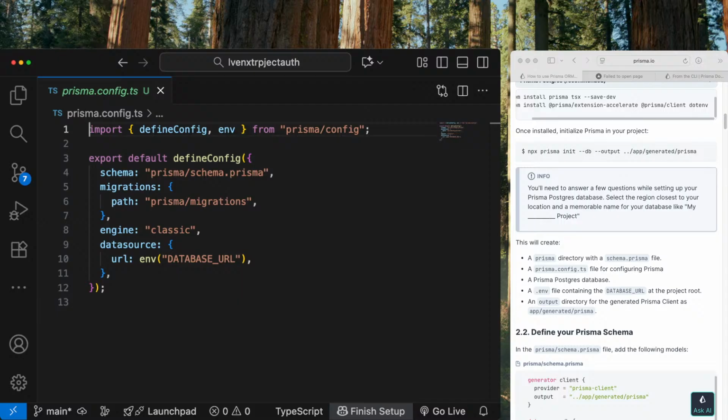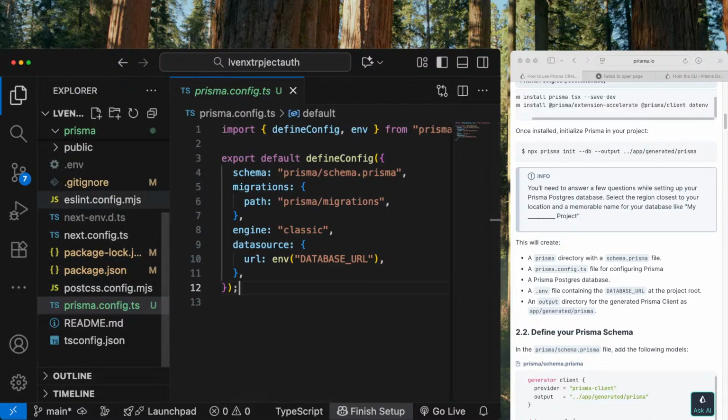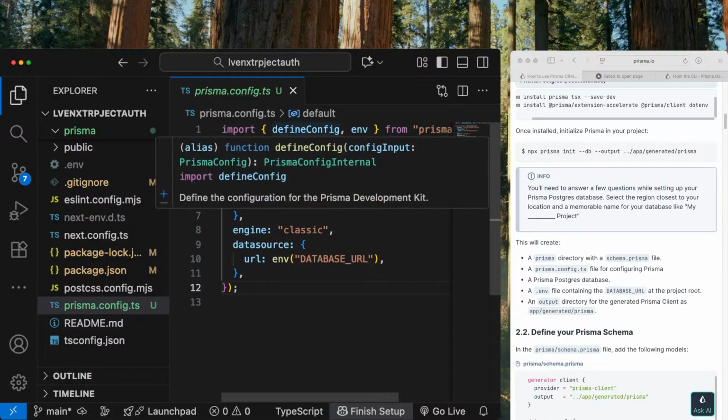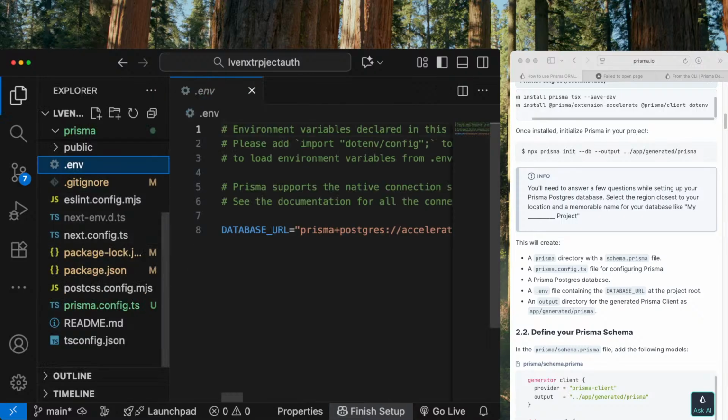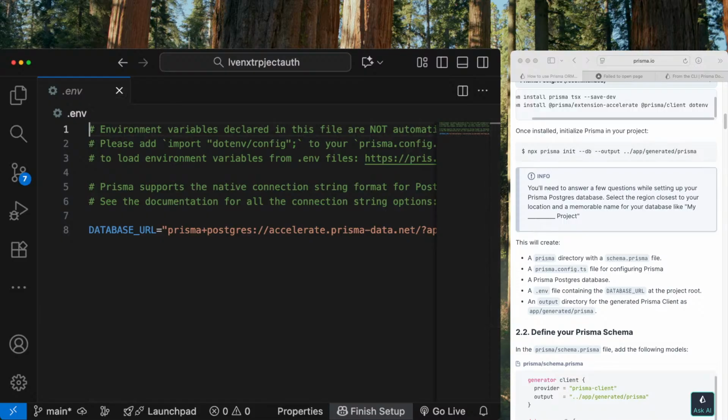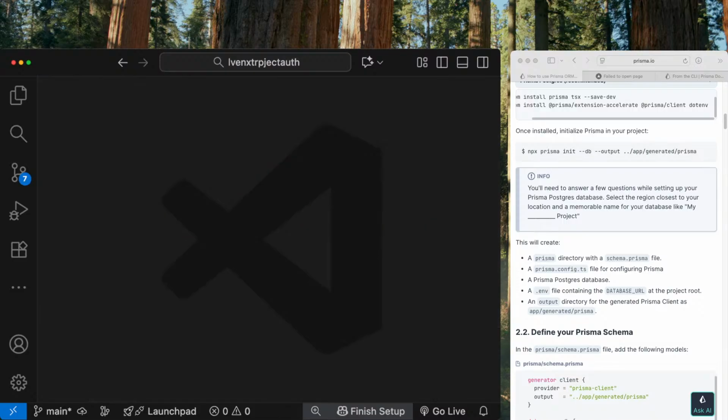A Prisma Postgres database. That is going to be what we have access to, but we're not going to use it to store our data. Like I said, we're going to use Vercel, and we'll update the database URL, but you do have this option locally on your computer as long as you have SQL installed on your computer. A .env file containing the database URL, we have that here, and there's the database URL inside of the .env file. An output directory for the generated Prisma client